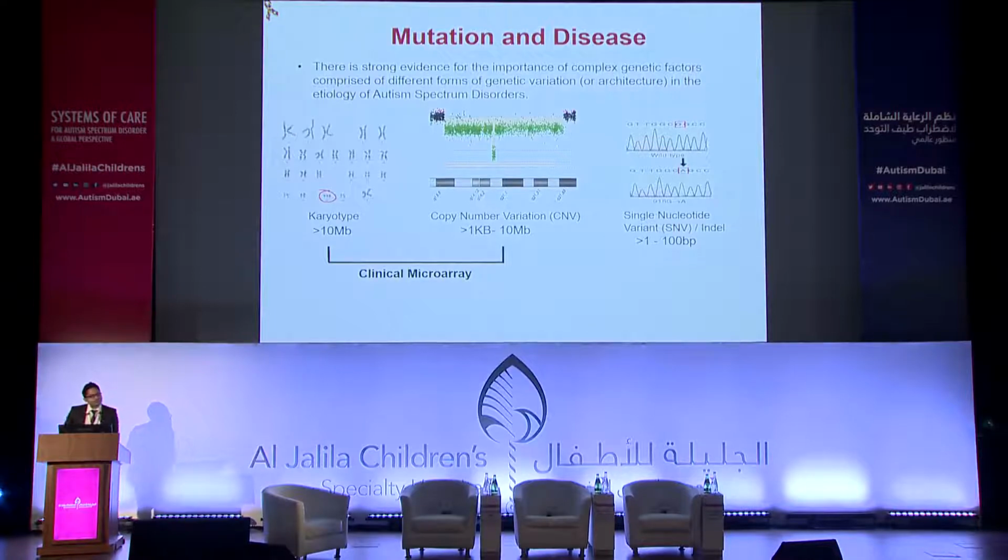But the idea was to develop one test to profile all the mutations in our genome. So clinical microarray was not the one that we should go for. So now what we have is called whole genome sequencing. Whole genome sequencing is a technology that sequences the entire genome that we carry in our body, and it will profile all the mutations. Even though we are not there yet with copy number variation calling, most of the single nucleotide variants can now be profiled in a very short time.